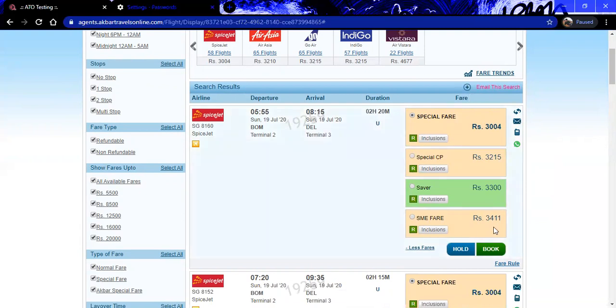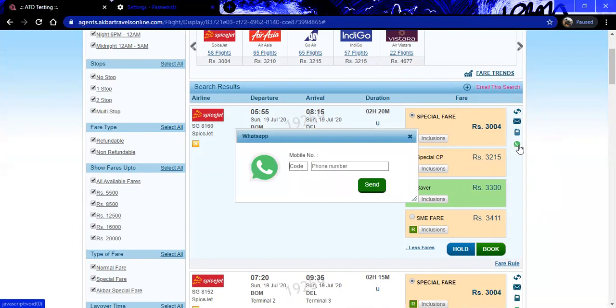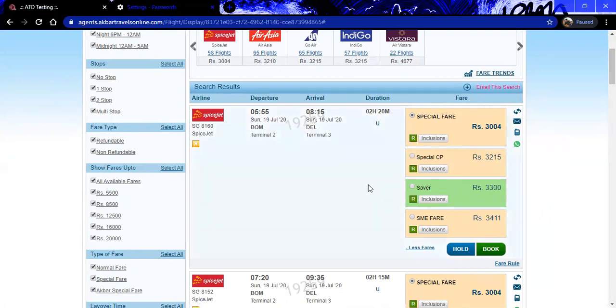We have a few more options on this page which are helpful for agents. You can send this availability to your clients through WhatsApp. By clicking on the WhatsApp link, it will pop up a contact detail box. You have to put the country code, put the contact number, and send it.